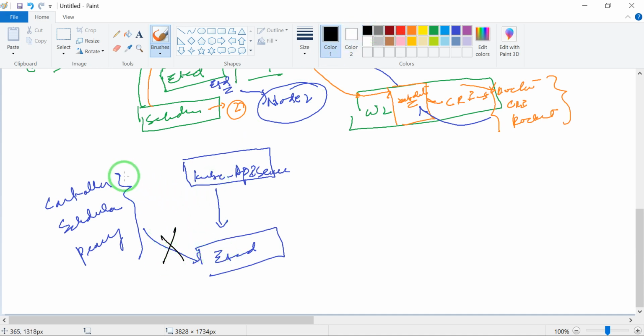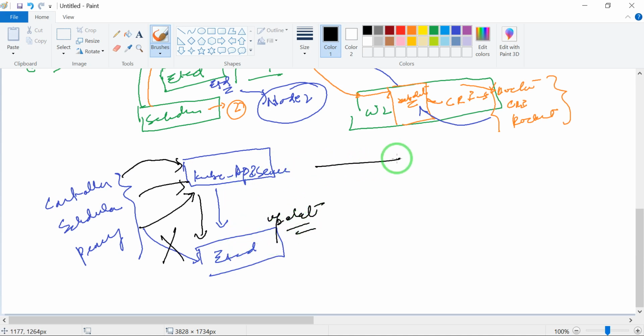All the things need to be done by the Kube API, and then it will be moved into the etcd and update the etcd. So Kube API is the only major component of the Kubernetes cluster that directly connects and talks to the etcd.